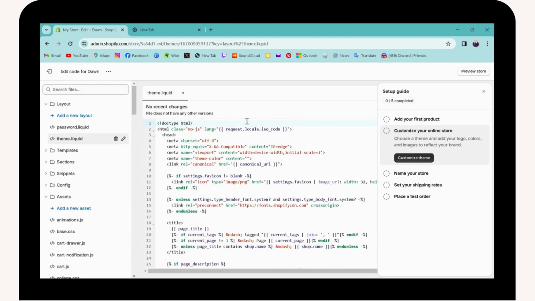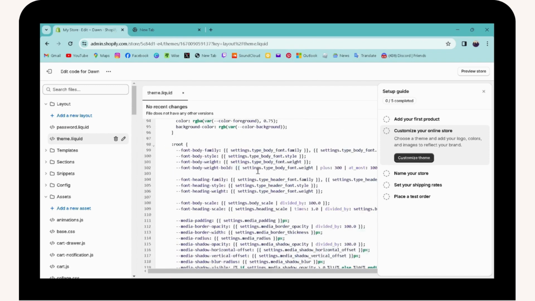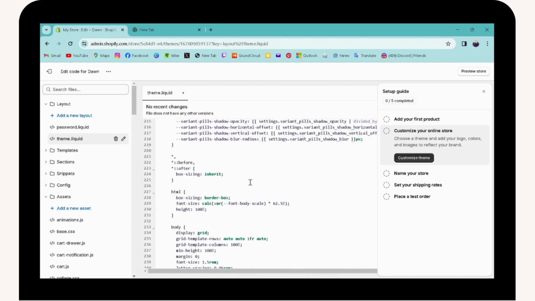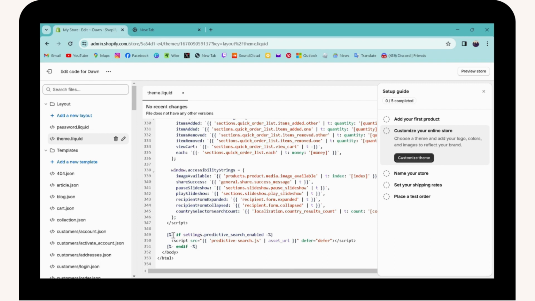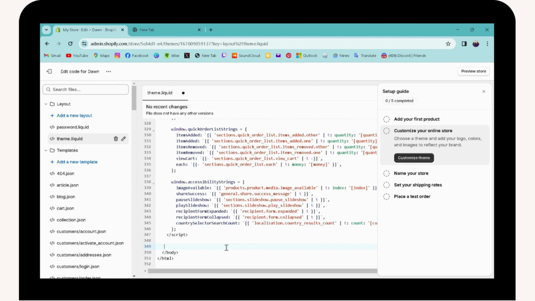You can simply scroll all the way down to the last of the code. Once you're here, you need to go to your line 349, and then you need to select all of these 3 lines and make sure to delete these 3 lines. Hit the backspace. These lines might be different on your computer or PC, so make sure to delete the lines which have settings. And once done, you can click on save,